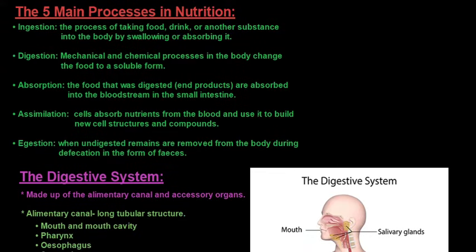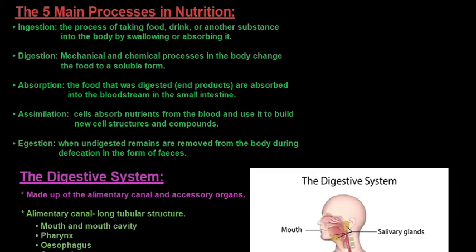Now, before we get to the process of digestion, we need to understand the five main processes in nutrition that occur during this larger picture, and it is ingestion, which is the process of taking food, drink, or another substance into the body by swallowing or absorbing it. Then the process of digestion, which is the mechanical and chemical processes